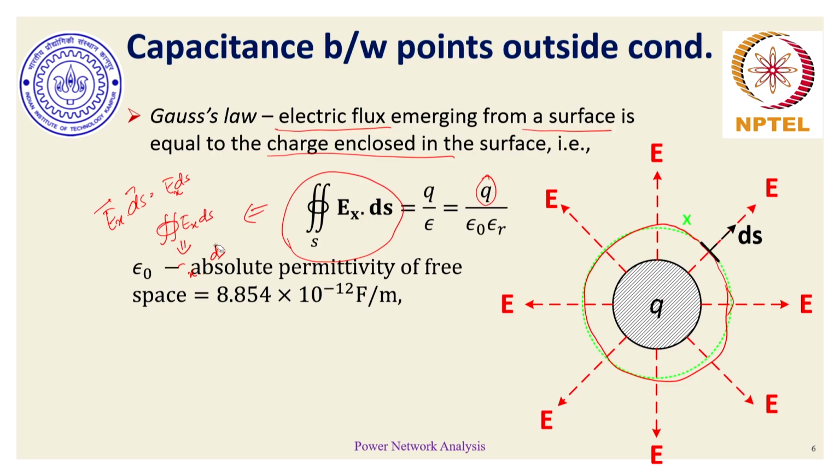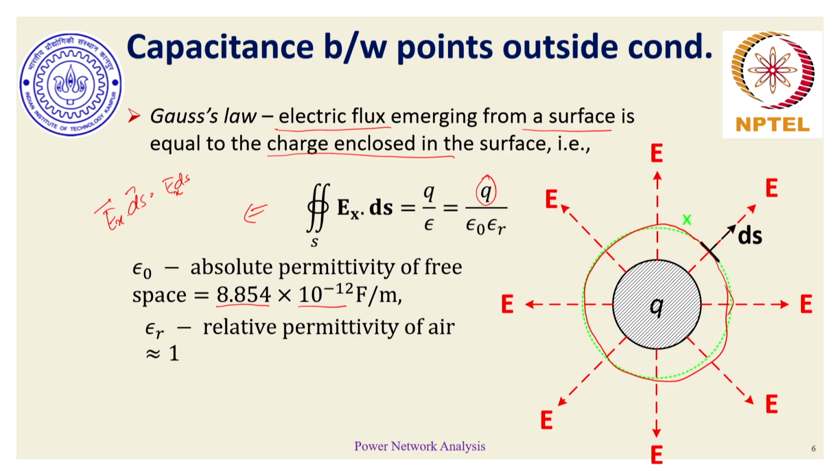Epsilon naught is the absolute permittivity, a universal constant, the absolute permittivity of free space, whose value is 8.854 × 10 to the power minus 12 farad per meter. Epsilon r is the relative permittivity of the non-conducting medium, which is segregating out the charged surface and the charged body and the surface. Since we're talking about a transmission line, over a transmission line specifically, you would find ample amount of air. So epsilon r here indicates the relative permittivity of air, which is equal to 1